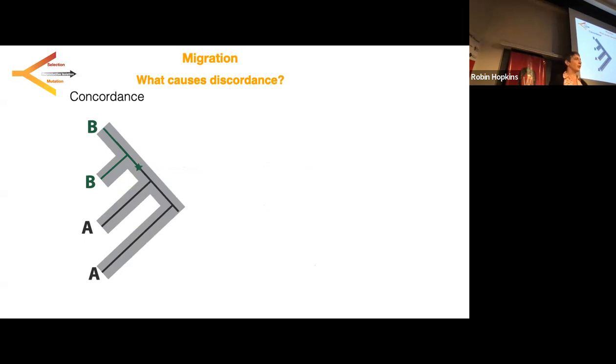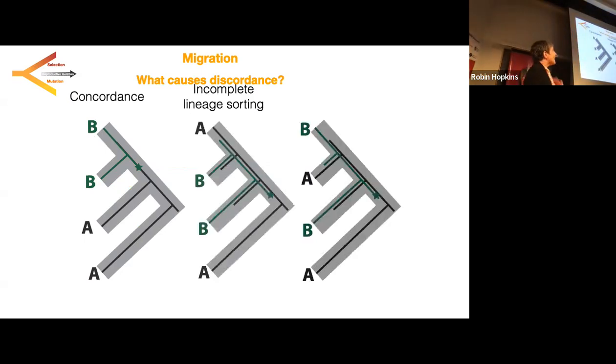So those two sister species both contain the derived allele. But you can get discordant patterns of SNP topology if you have incomplete lineage sorting. So what does that look like? A new allele arises sometime in evolutionary history, and it segregates in a population. These populations can speciate, bringing those segregating alleles with them. By chance, one allele fixes or the other allele fixes, and you get these discordant patterns where the Bs are in non-sister species and the As are in the more anciently diverged lineages.